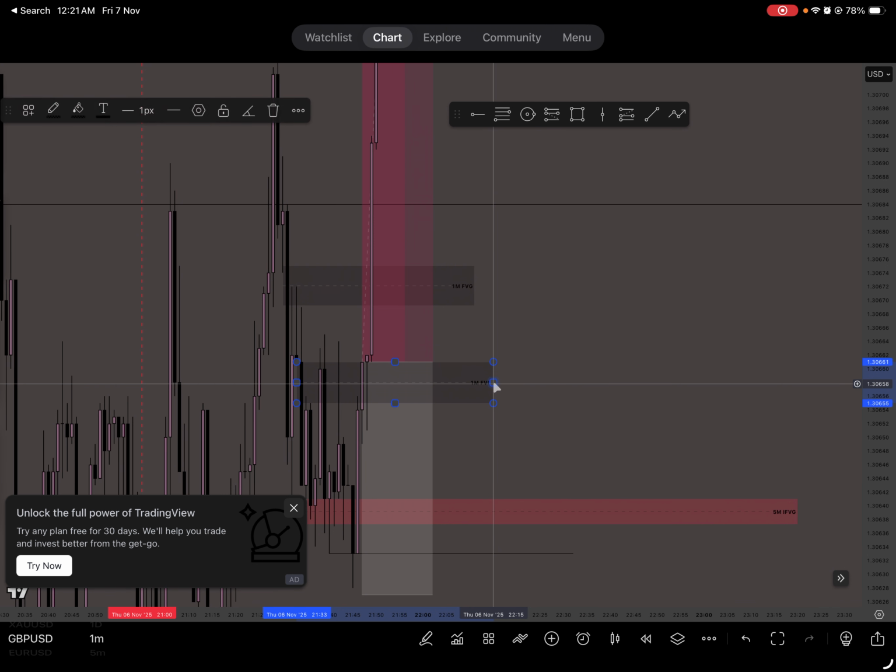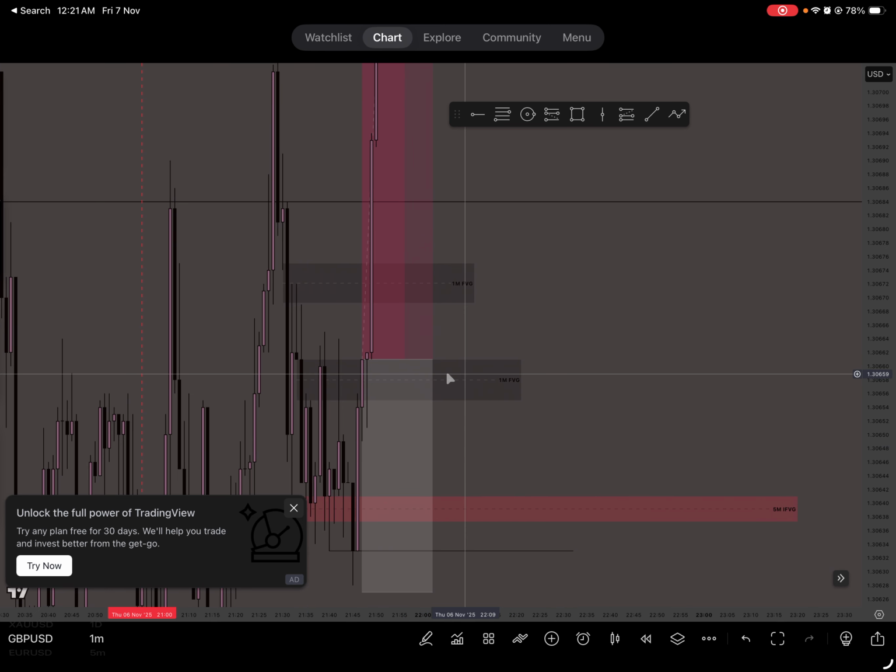And the last thing I wanted to see, right, the checklist, was a closure above this 1 minute fair value gap, because we had this 5 minute support and we had this 1 minute resistance, and we were just bouncing up and down from there, right? And we weren't able to break each level. Again, I'm not counting this fair value gap here because I talked about it previously,